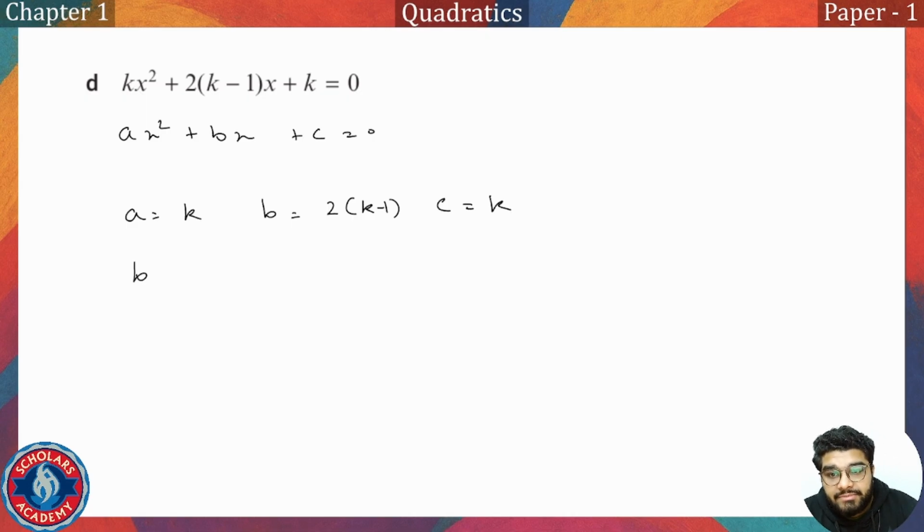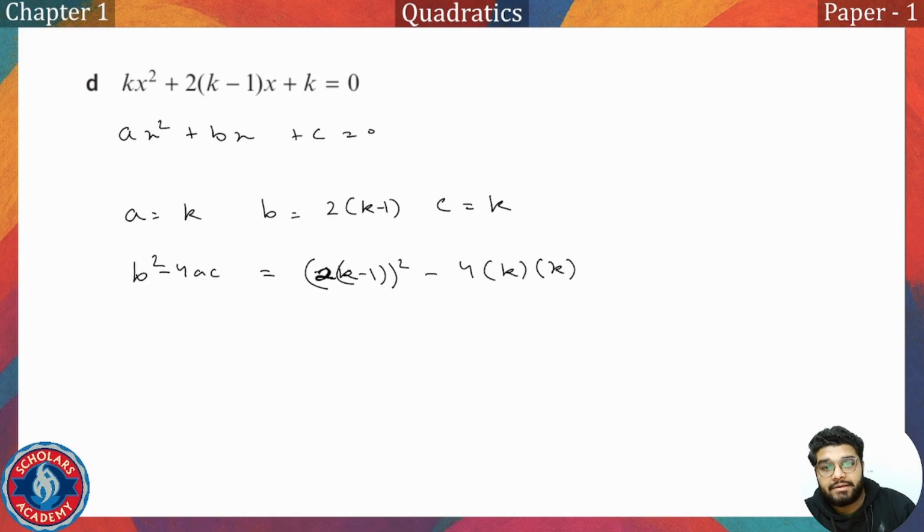Finding the value of discriminant b square minus 4ac, this is equal to negative 2 k minus 1 whole square, b square, minus 4 times a, that is k, and c, that is also k, right? So if I open this, I get 4